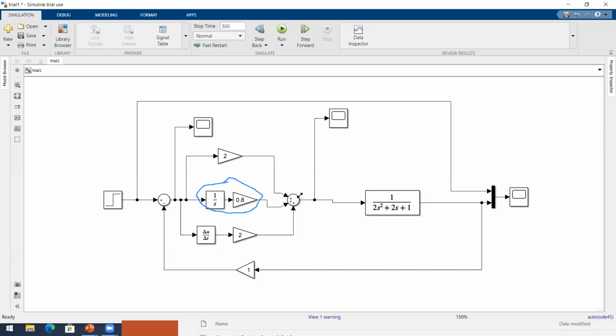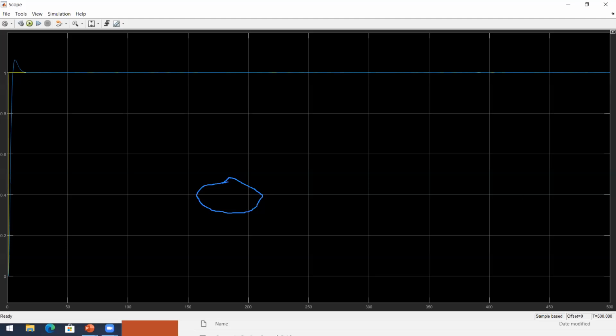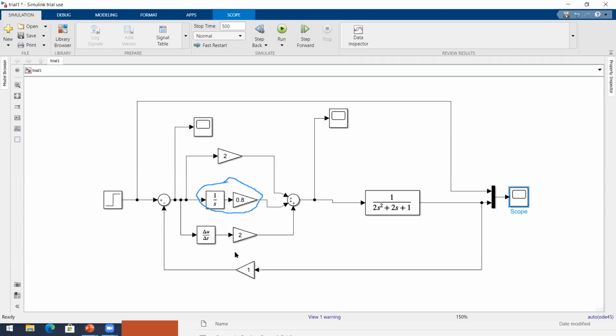Okay. This is what goes from here. 2 plus 0.8 by s plus 2s. Okay, this is what this thing is. And so you are able to achieve this desired output with this. Now what is this called? This is called as,